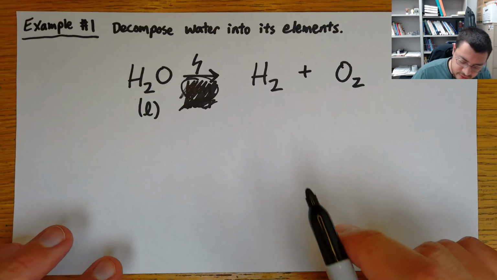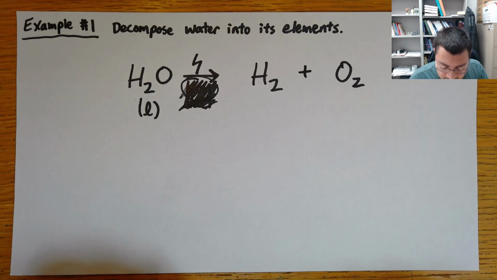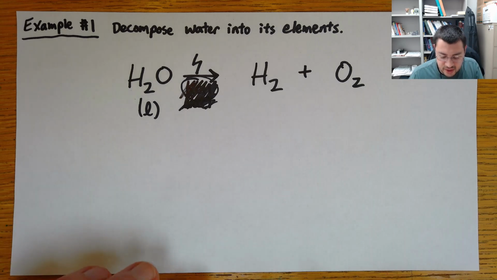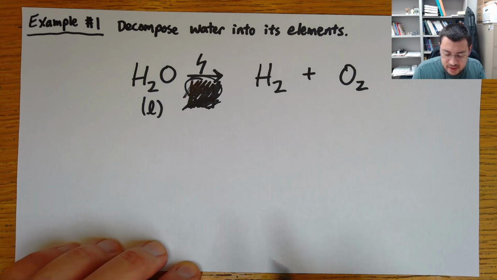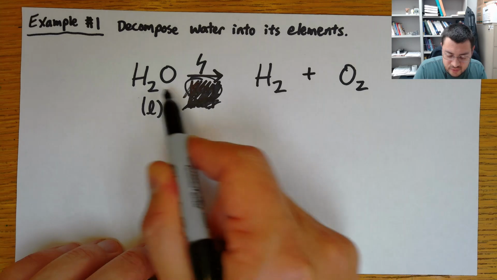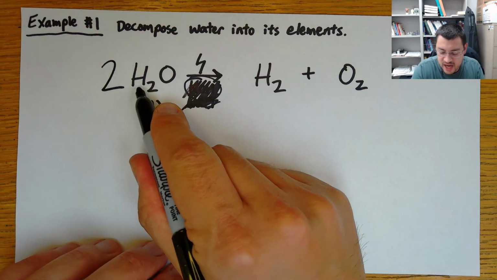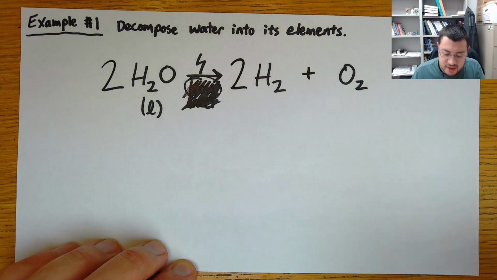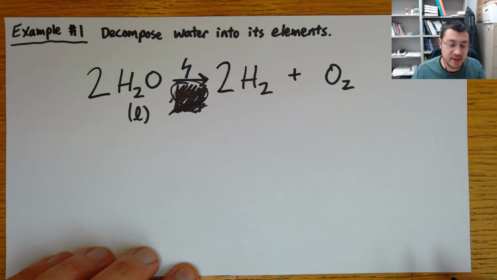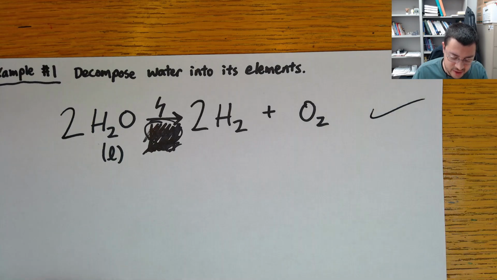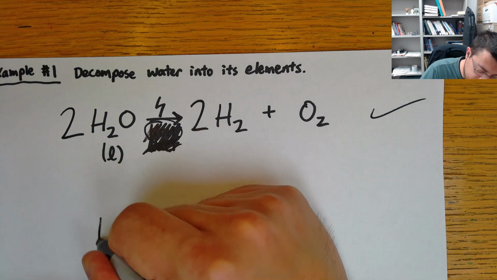All right, so there it is. We broke it apart into elements. Now we just have to balance. All right, we have 2 oxygens there and then 1 there, so we need to fix that imbalance. But now we have 4 hydrogens there, so we put a 2 there to fix that imbalance, and this reaction is done. Another way you could have done this